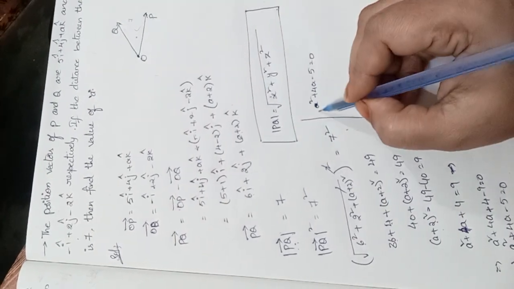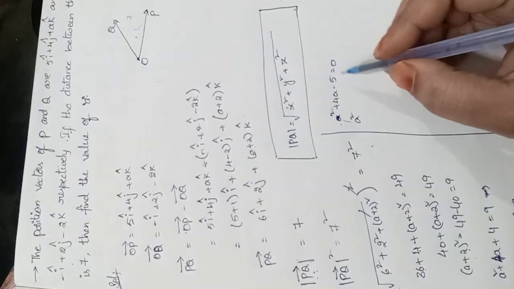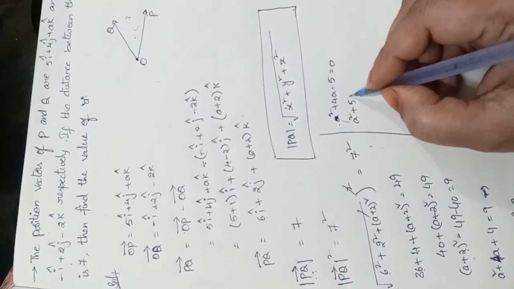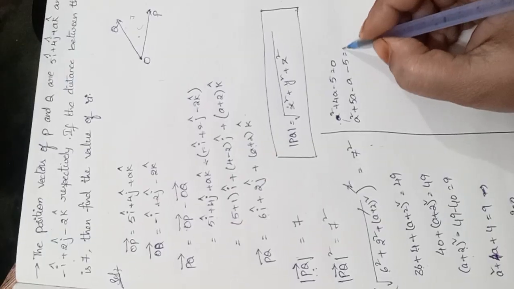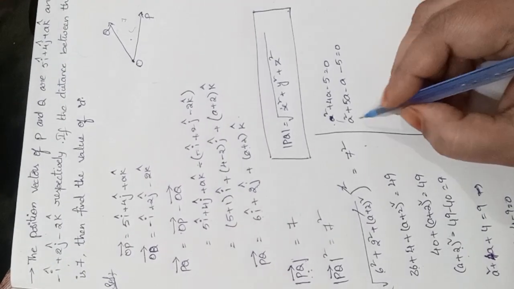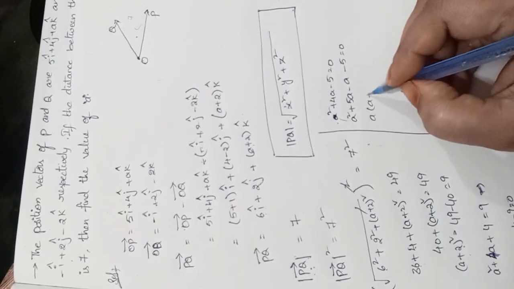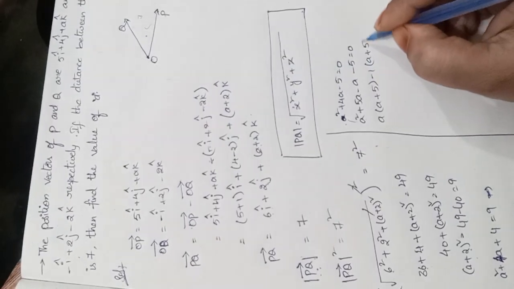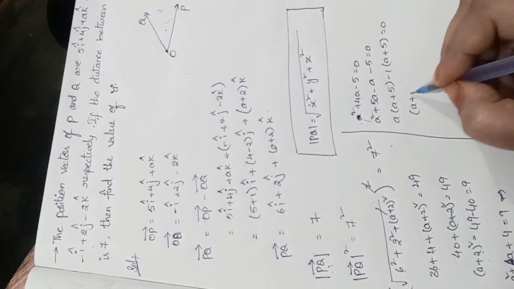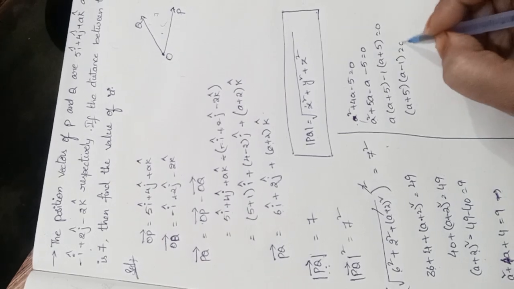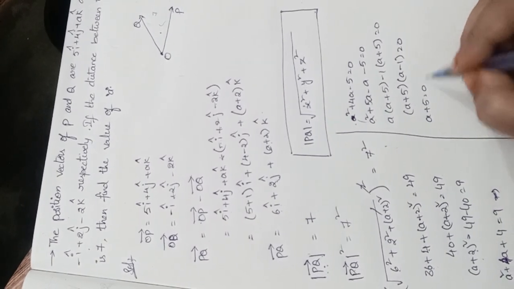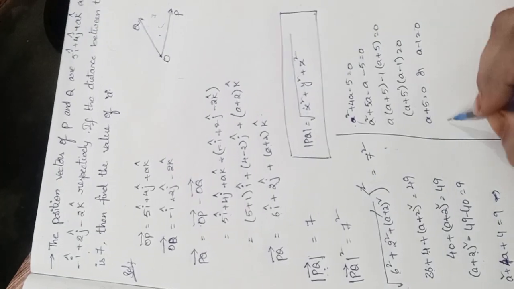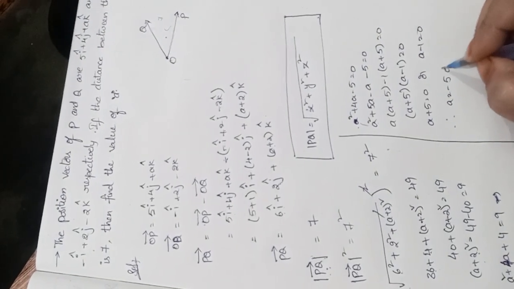So a square plus 4a minus 5 equals 0. 5 into 1 is 5, so you can split this middle term in terms of 5 and 1. So a square plus 5a minus a minus 5 equals 0. Understood? In these two, a is common, so a into a plus 5. In these two, minus 1 is common, a plus 5, which equals 0. So a plus 5 into a minus 1 equals 0. So a plus 5 equals 0 or a minus 1 equals 0. Therefore, a equals minus 5 or plus 1.